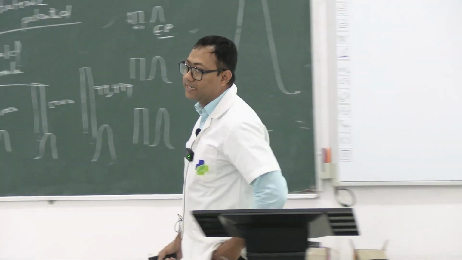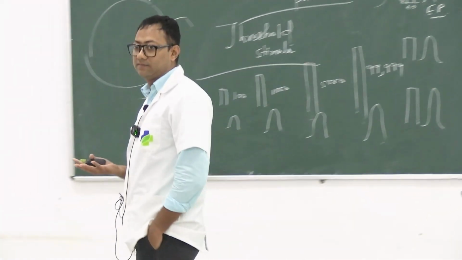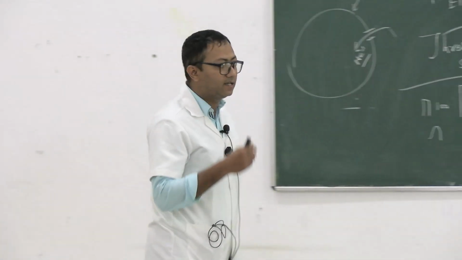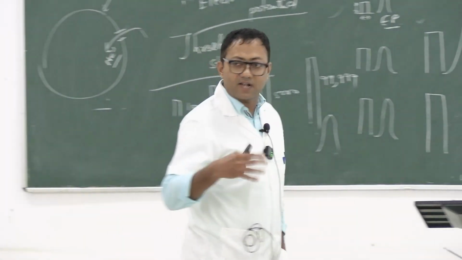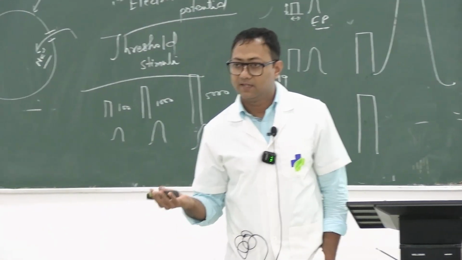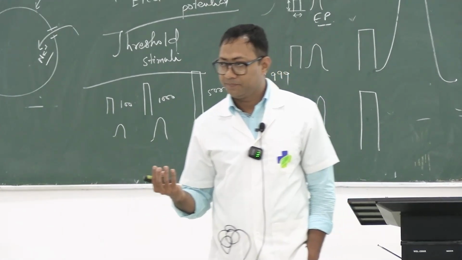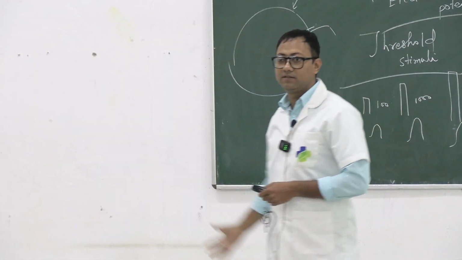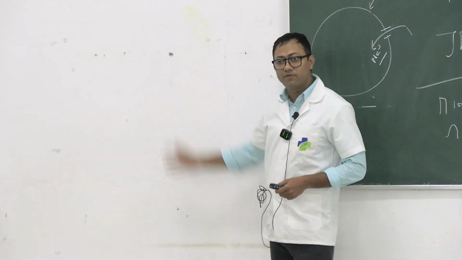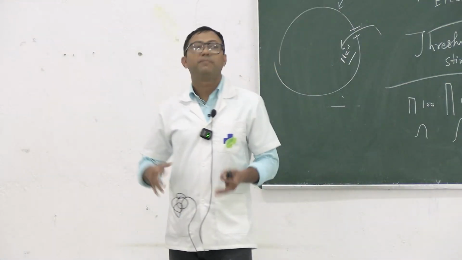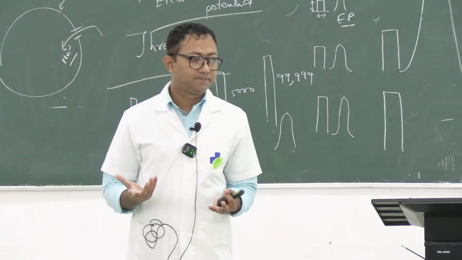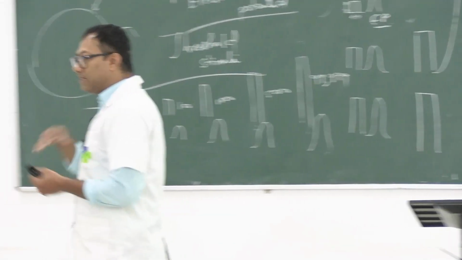Now, when action potential is generated in a cell, the cell can transmit this action potential from one cell to another. The cell is attached to it, right? So assume here is a wall, and this wall is made up of bricks. So you assume all the bricks as a cell. So when there is action potential,